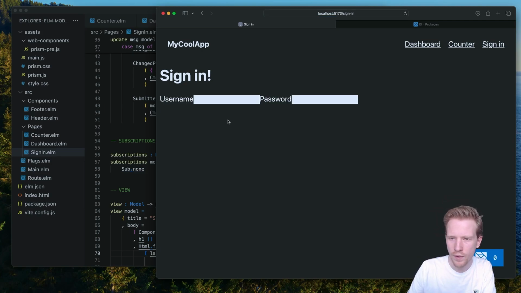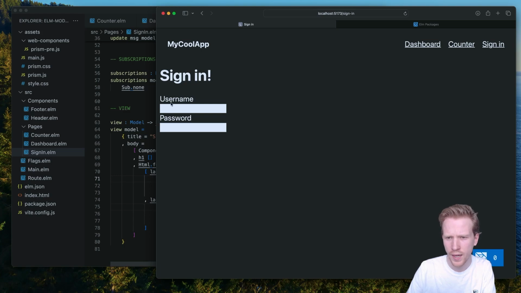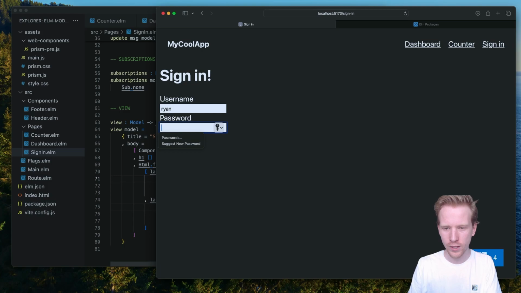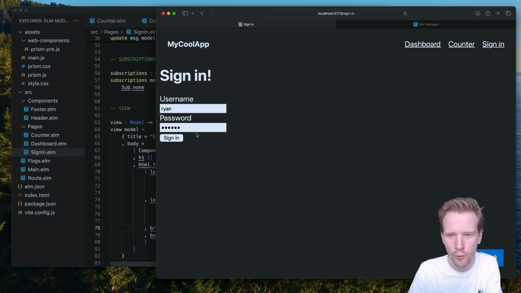So here I've got this username, I've got this password. What I'm going to do is make this a div because I'm a bad person, and that's going to make it a really shortcut way of making these go on two fields. So I can say, Ryan, and the password is something like that. And what I want to have is a button that's going to say sign in. And now that we've added that, again, I'm a bad developer, so I'm just going to throw random elements in here to format my code for speed. But when I hit sign in, I don't even know what I typed here, 123, 123. When I hit sign in,